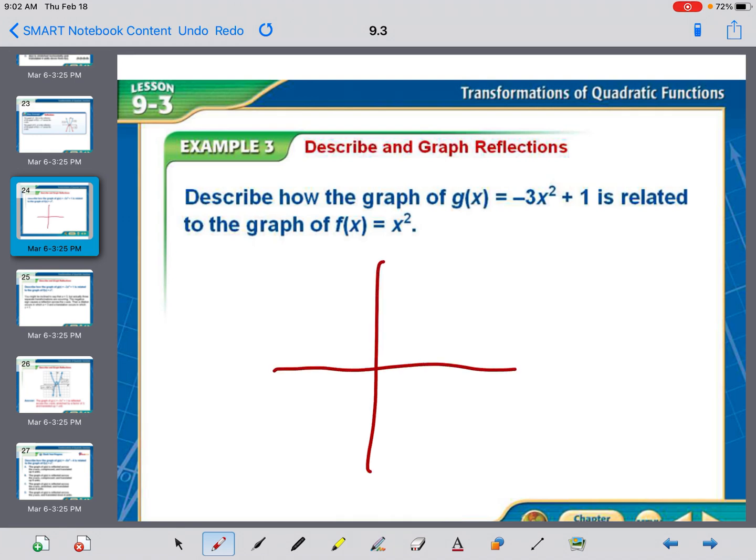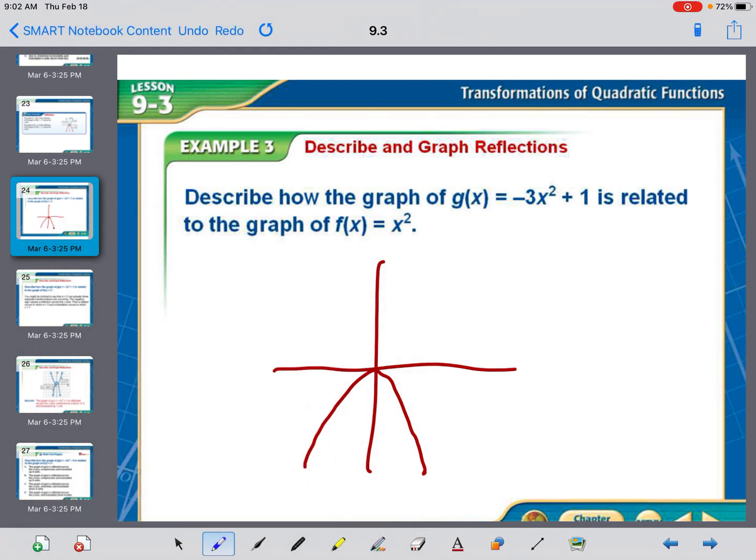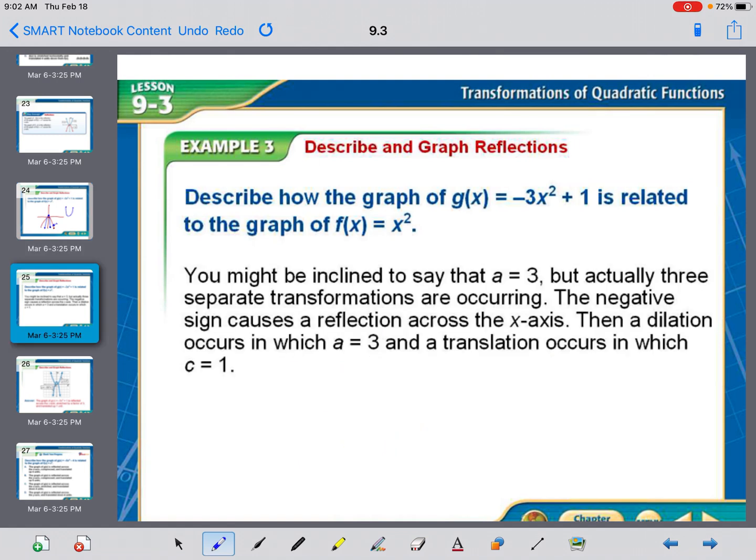So if I am just saying, if this is like normal, then you're going to go up 1, but you're going to get like that. Now I said this is like normal. That's if it was a negative already. So I already took into account that it got flipped across the axis. Normal really would have been, open up. So you can say the negative causes reflection, the dilation